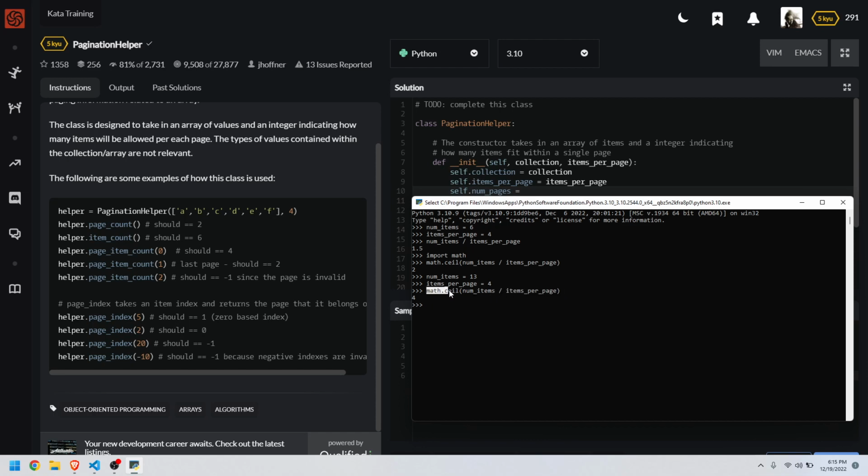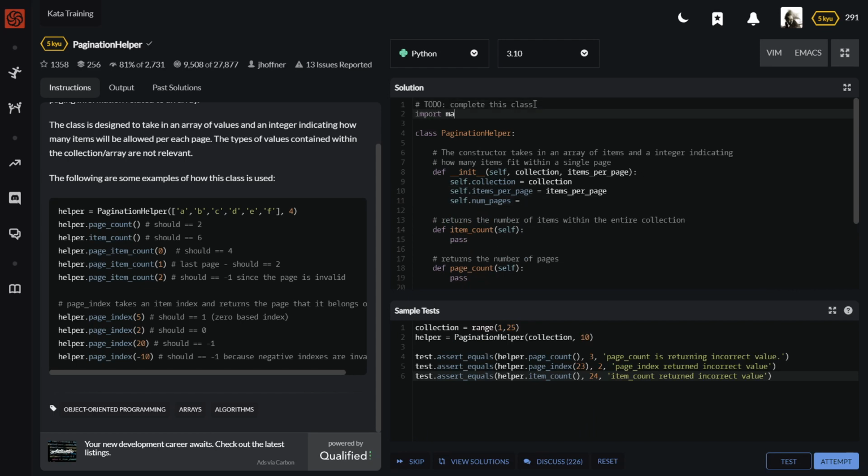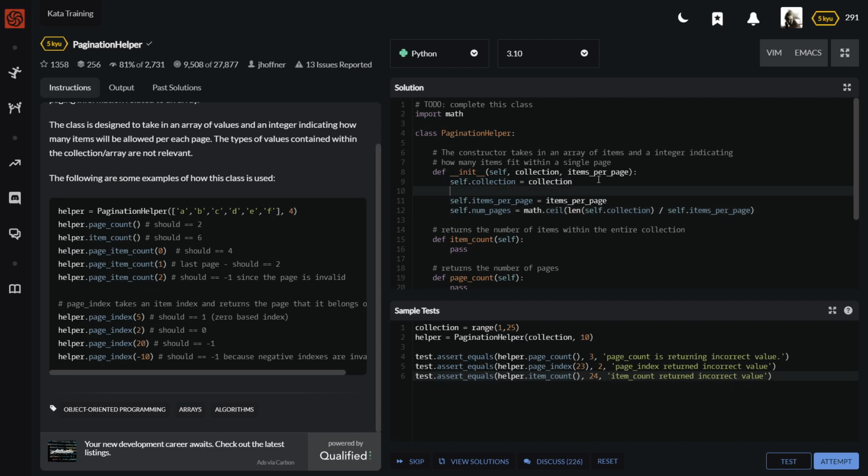Math.ceil of num items divided by items per page. I'm just going to use that here. We're going to import math like we did. Import math. And then num pages equals math.ceiling of the length of self.collection divided by self.items per page. And since we're going to use this length here, it really doesn't save that much time, but